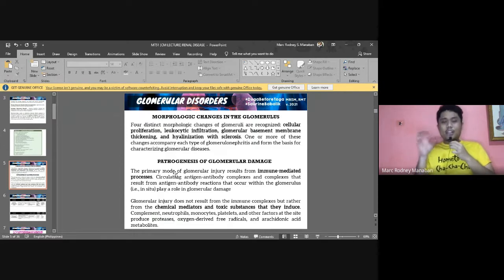So it is not the immune complexes per se that damage your glomerulus, it's not the deposition, but rather, it's the effect, the reaction of the immune system against these immune complexes that damages your glomerulus. So, activation of the complement system, byproducts of the neutrophils, WBCs, after eliminating these immune complexes, alright? Which damages the glomerulus, alright? So, that's for the pathogenesis of your glomerular disorders.